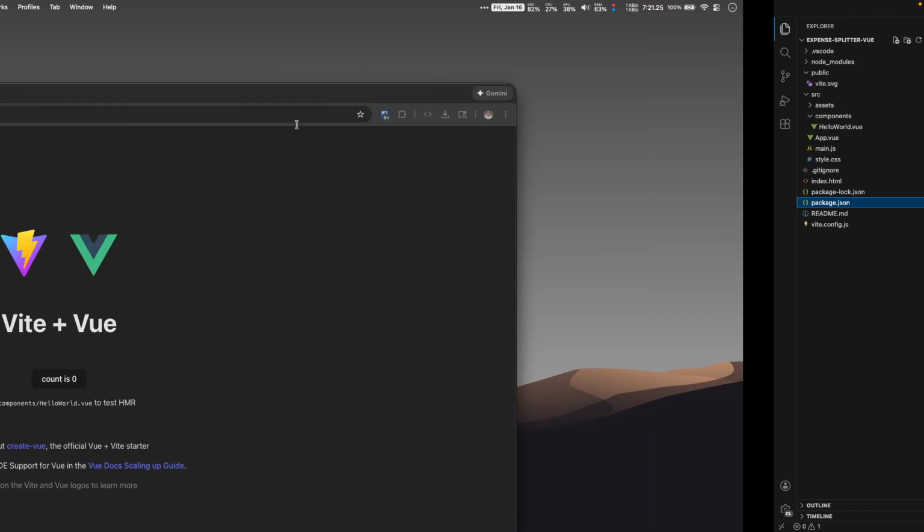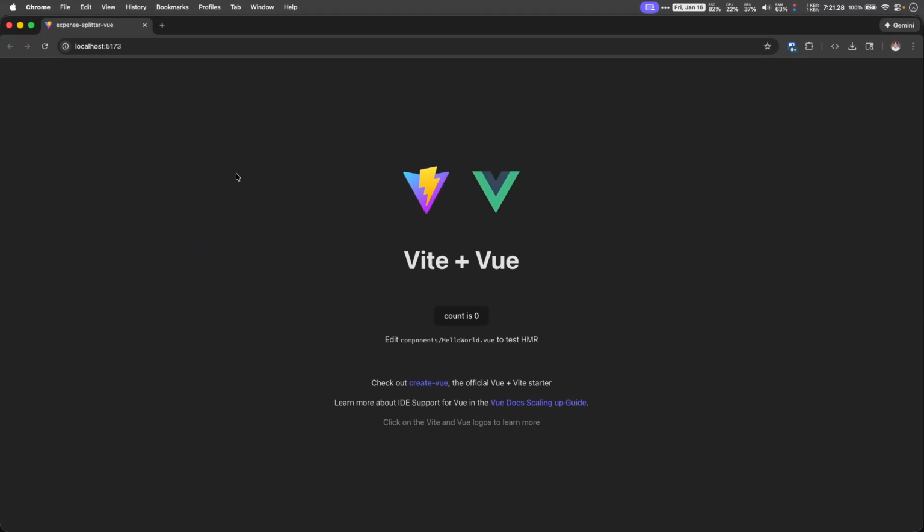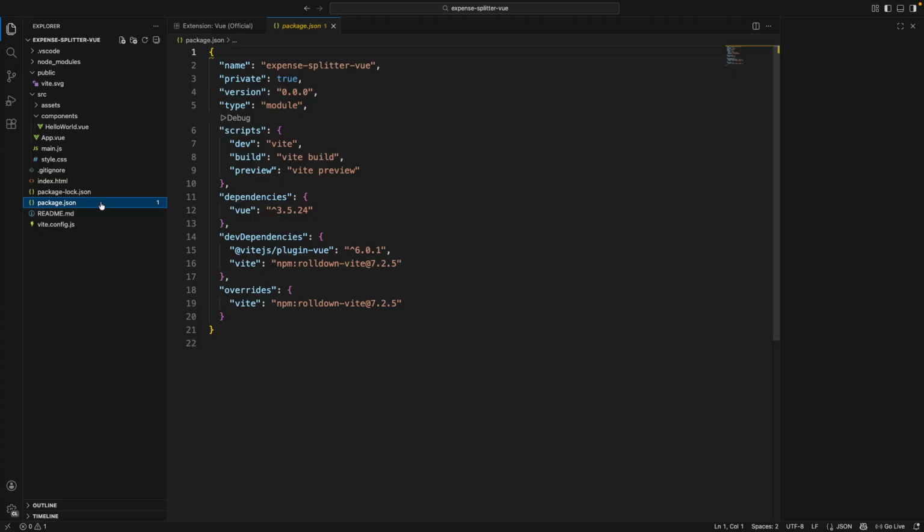and let me go back through here, you can see that we have this Vue application. By default, it gives us a Vue app. We have those logos through there. We have a title, and it has a count. Whenever you click it, it gets incremented. And that's it. If we go back here,